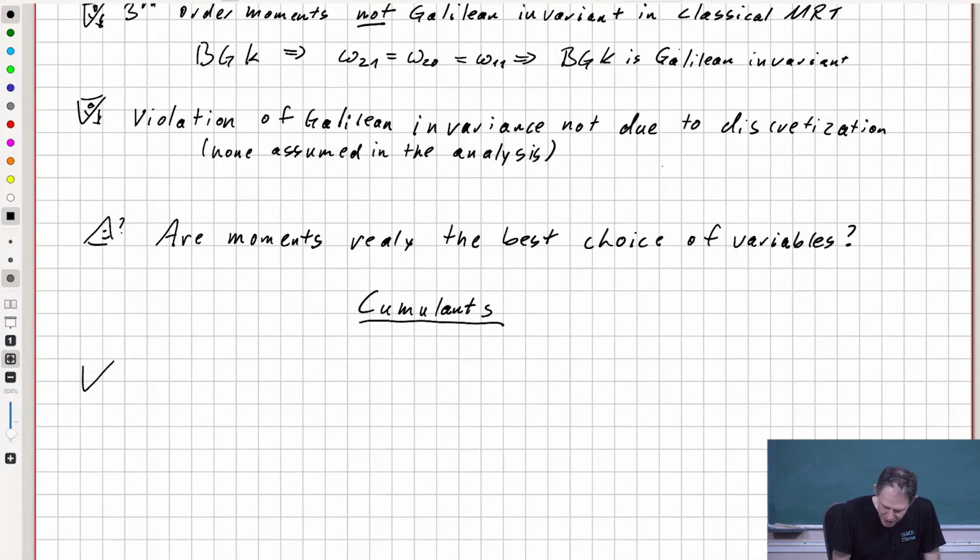So first of all, we want variables to be independent of each other, and for this we first have to try to understand what we actually mean by being independent. So variables